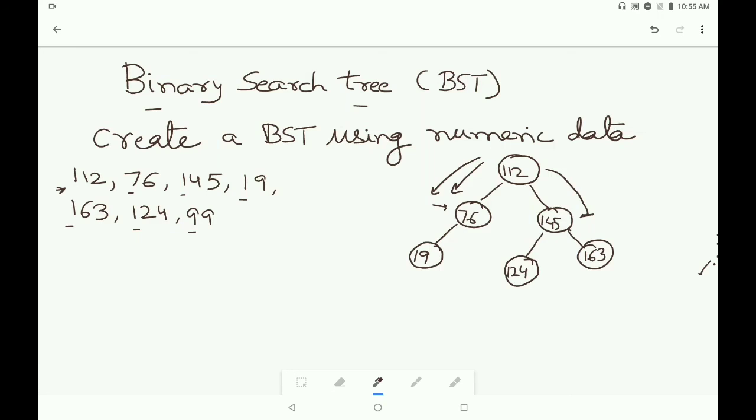So you will compare it with the 76. 99 is greater than the 76, so it will be placed at the right hand side of the 76. So now this binary search tree is completed here. If you have more elements you can insert in the same binary search tree.